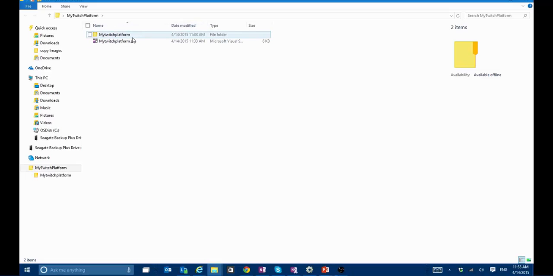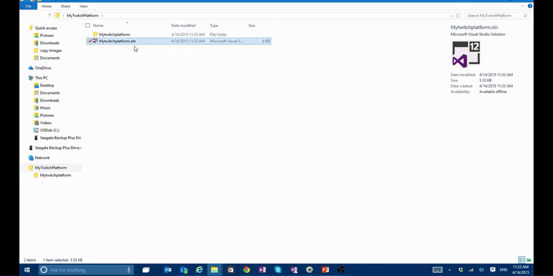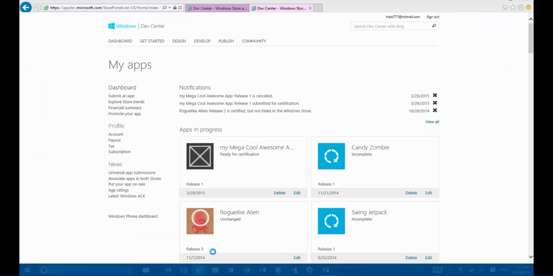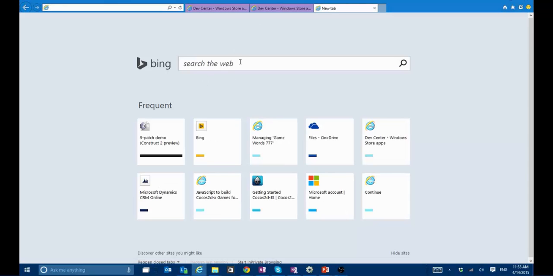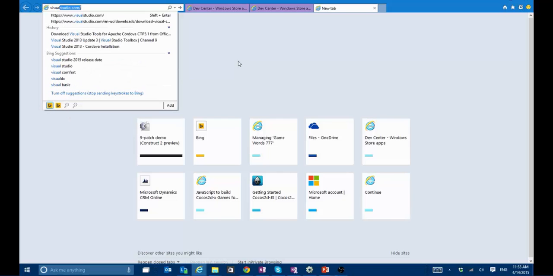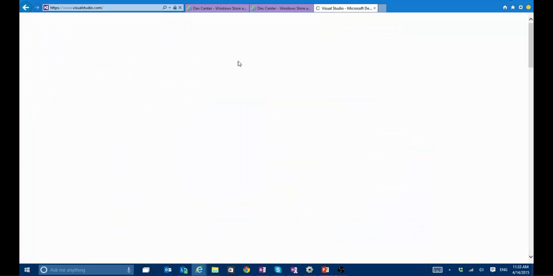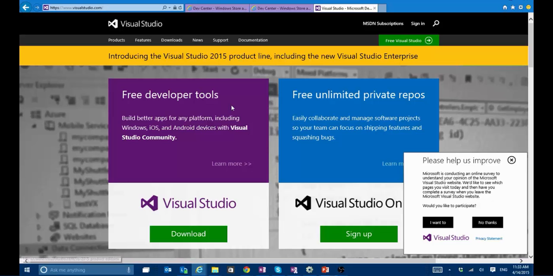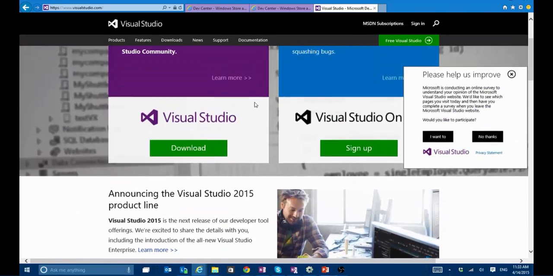Now, when I open the folder, you see this little file here that is .sln, that's a solution. If you have not installed Visual Studio, then you should do it because you may need it. And I'm just going to suggest that you go to visualstudio.com and you can download immediately the version that you